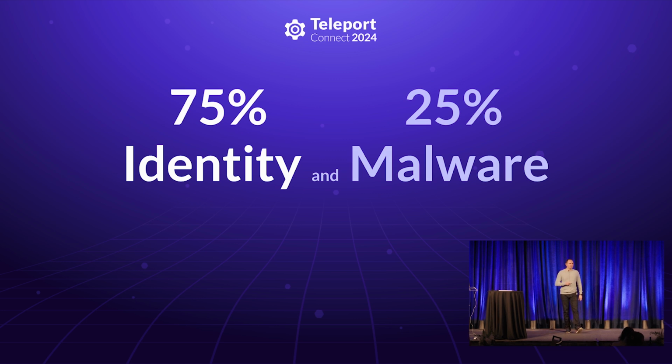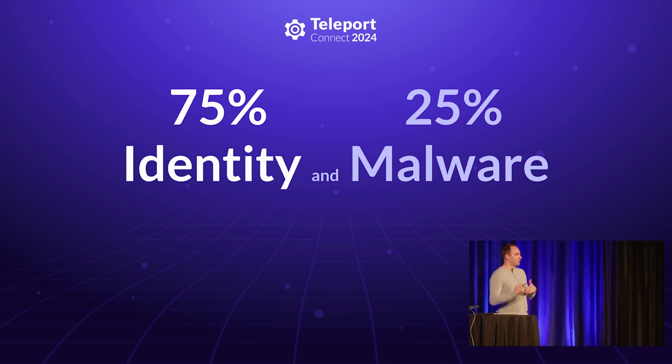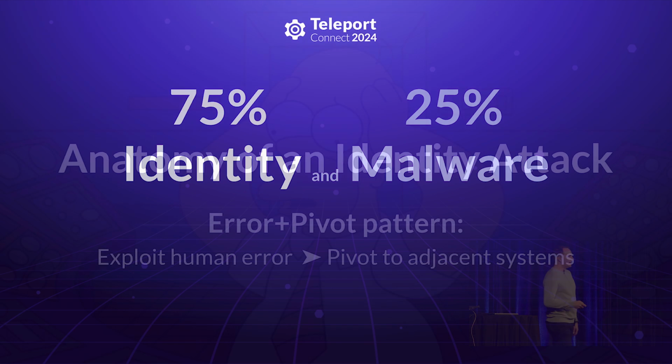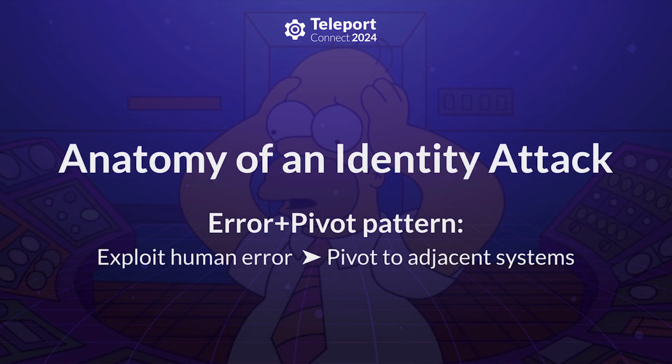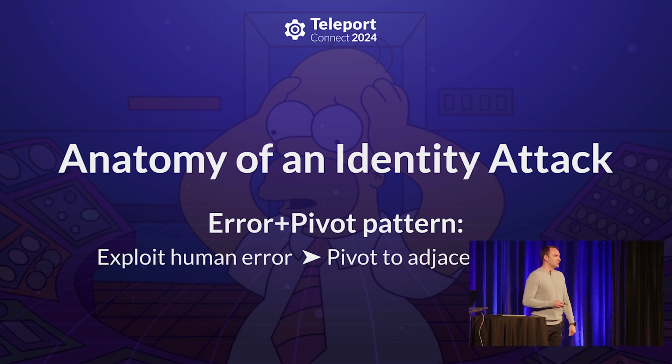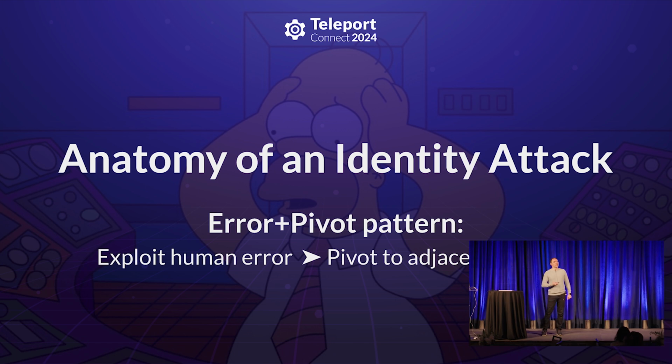By the way, it hasn't always been this way. And frankly, if you were to ask yourself what governs this distribution, identity versus malware, it's basically economics. If you're a crime syndicate and all you do is hacking all day, you probably want to invest more money and resources into launching attacks that are more profitable with higher ROI. And identity attacks are now easier, thanks to all of us, because over time we learned how to develop robust and secure software. So launching malware attacks is now much more expensive.